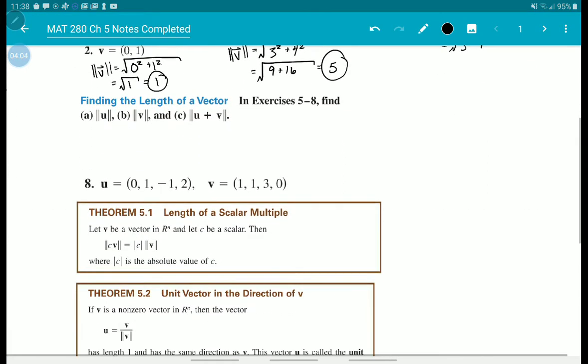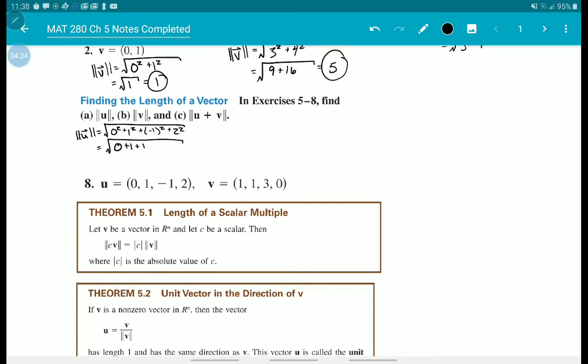The next problem is just kind of playing around with these ideas. Let's say we want to find a few norms: the norm of u, the norm of v, and the norm of the sum. So if we find the magnitude of u, square root of 0 squared plus 1 squared plus negative 1 squared plus 2 squared. So we have the square root of 0 plus 1 plus 1 plus 4, which gives us the square root